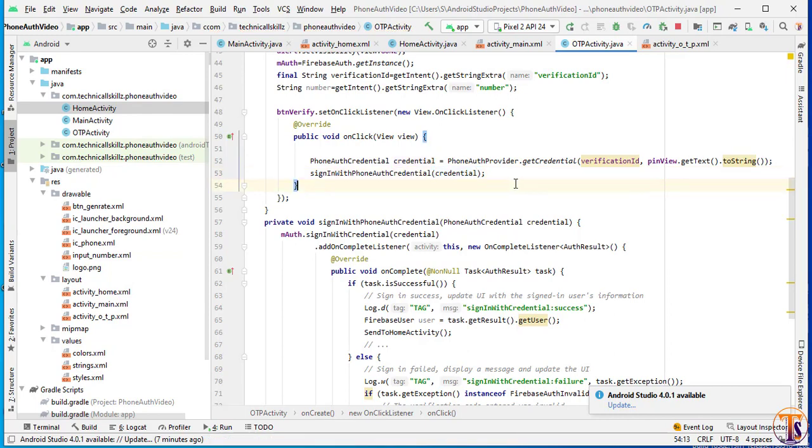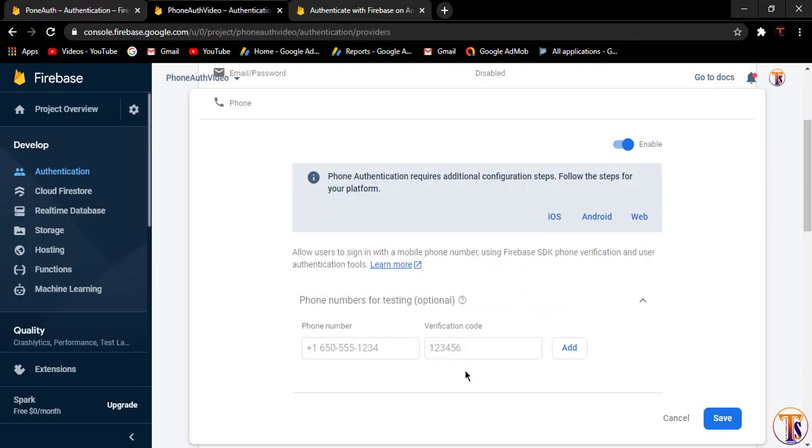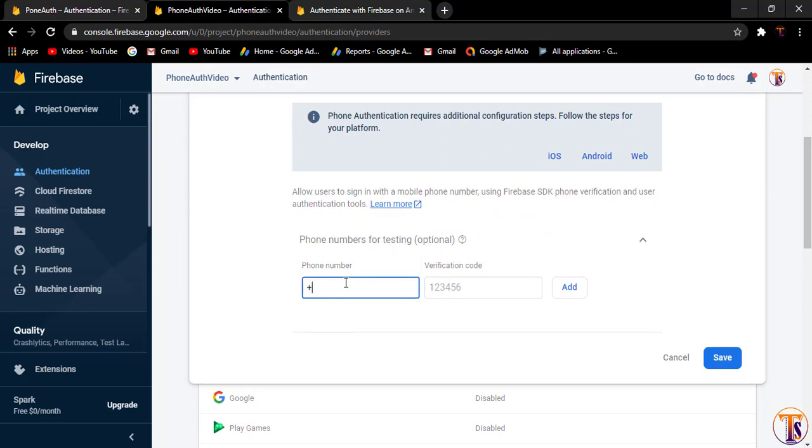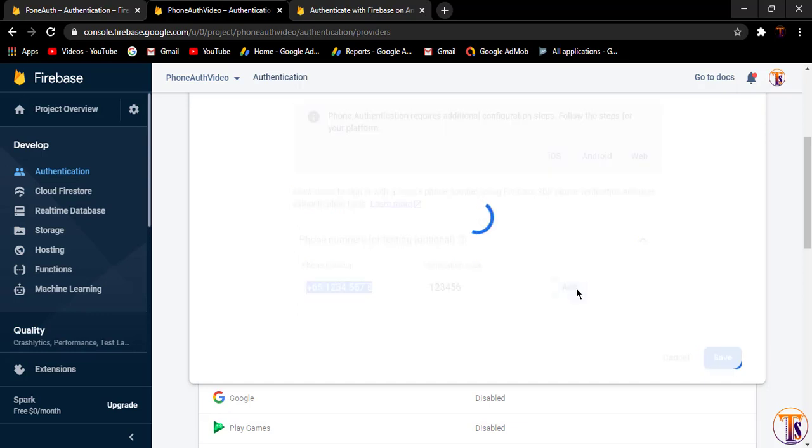So now go to browser, and here we will add our hardcode number. So open our browser. Because I'm using the emulator, that's why I'm using a hardcode value here. So here we will pass 65, and here we need to pass 1 2 3 4 5 6 7 8, and here we will pass any number, it's pin, and it's our full number. So just add it here.